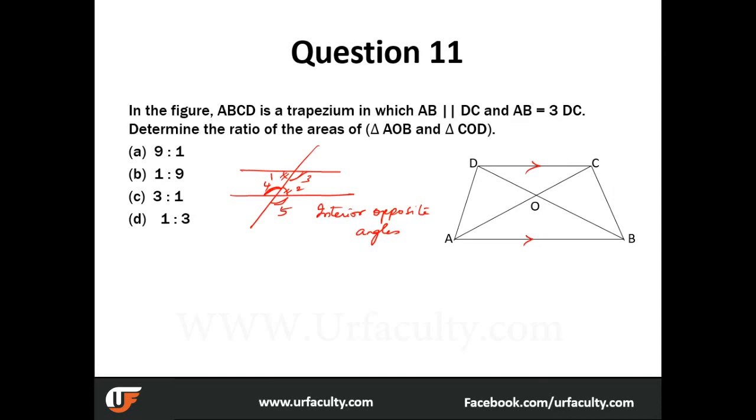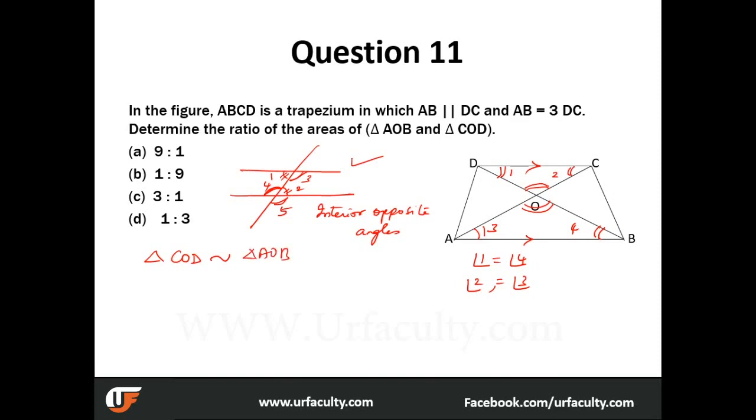But for the time being, we know that this angle and this angle are equal, and this angle and this angle are equal. So 1, 2, 3, 4. If I put it like that, angle 1 is equal to angle 4 and angle 2 is equal to angle 3. Do they form a similar triangle? Yes, if we also say that these two angles are also equal, which I had explained in this diagram. So what happens here? Triangle COD is similar to AOB,